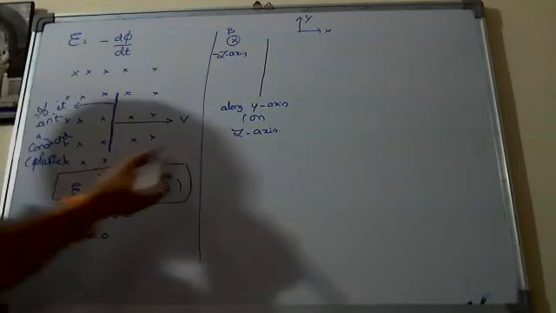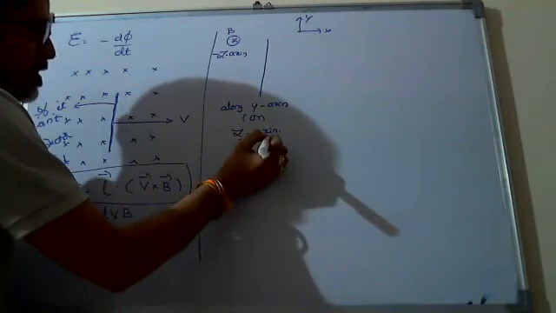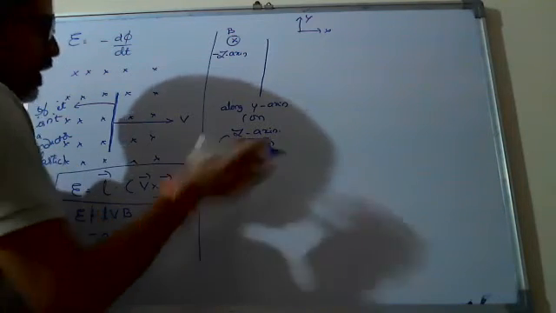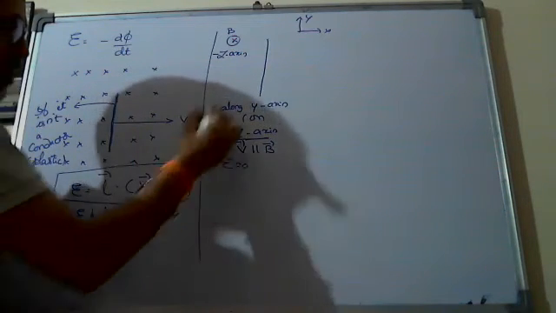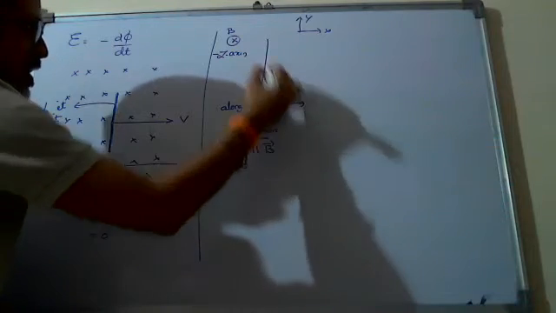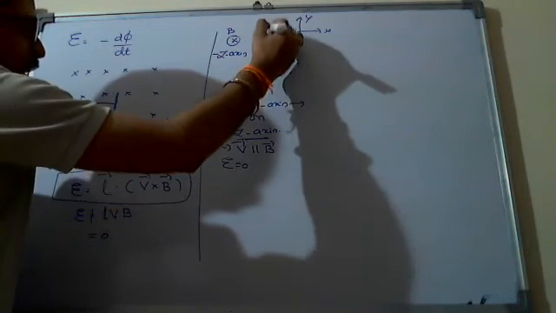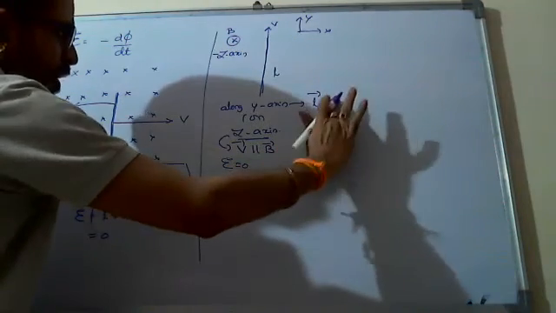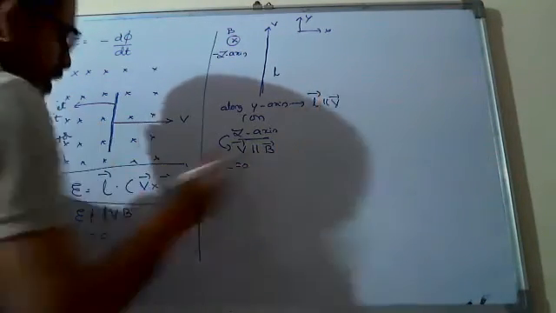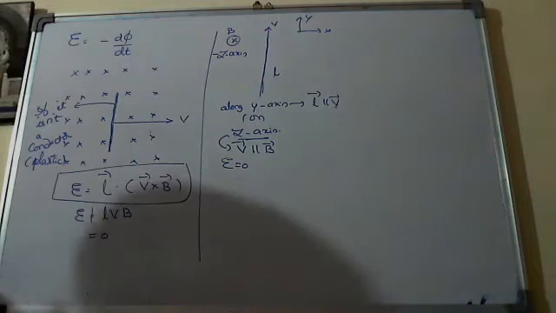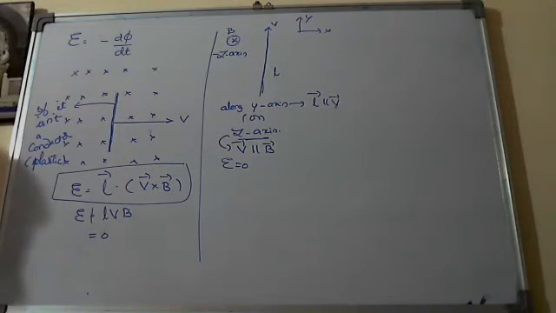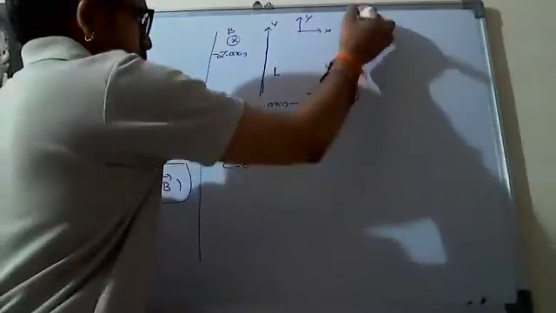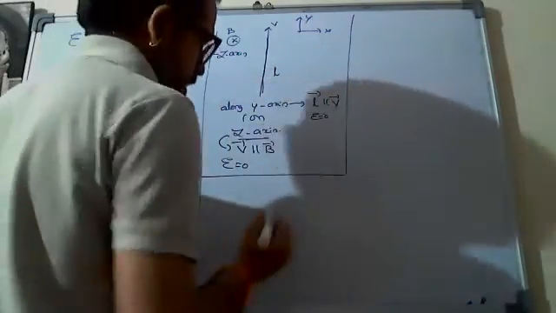Here, simple: if I pull along the Z axis, velocity is parallel to B bar. Hence EMF is equal to 0. If I pull along the Y axis, it means length and velocity are parallel, so L bar is parallel to V bar. According to the box LVB, if any two are parallel to each other, then the box value is 0. That is, EMF equals 0. Right? That is one concept.